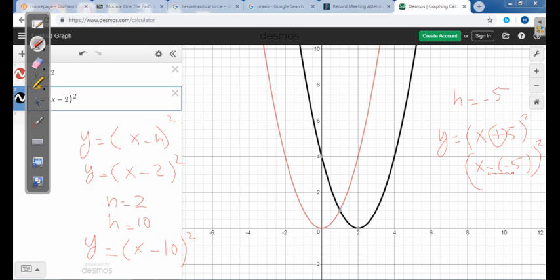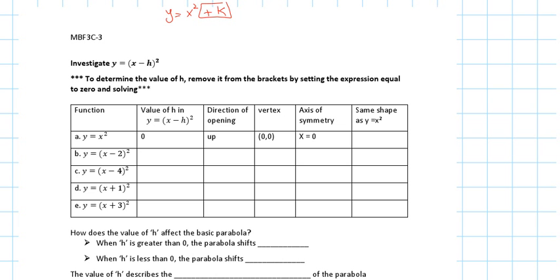Okay? So if I just want to go back here, and before I graph it, I look at this, right? x minus 2 is going to move to the right. x minus 4 is going to move to the right. x plus 1 is going to move to the left. x plus 3 is going to move to the left. All right, so it's just whatever